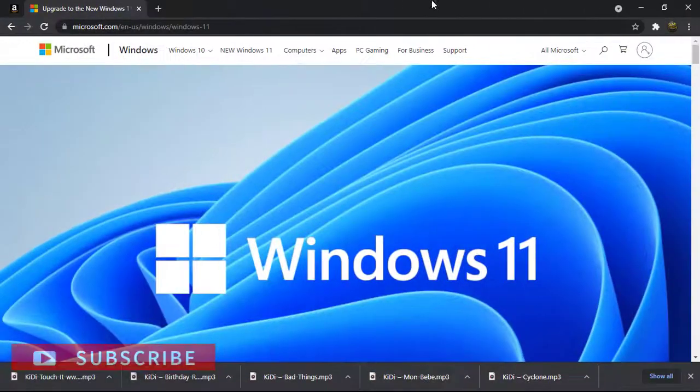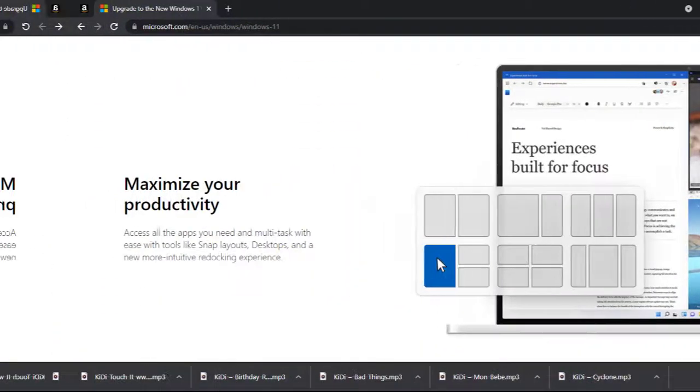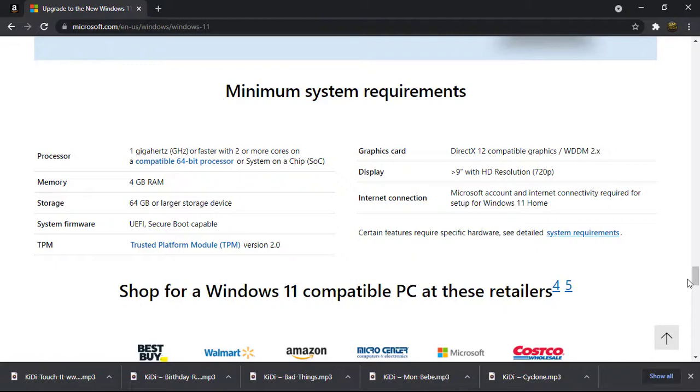Okay, so before you start downloading the Windows 11 ISO file, there are a few things you need to consider. The first step is to check your PC compatibility, if you meet the requirements Microsoft is asking. So this is the minimum requirement Windows is requiring every device to meet. If you are still not sure about your device, there's an app called PC Health Check, which I've already made a video about. So I'll leave the link in the description for you to check this app before you start downloading Windows 11